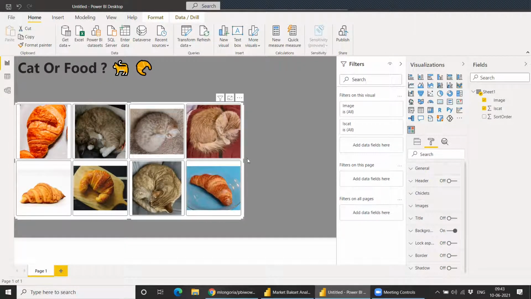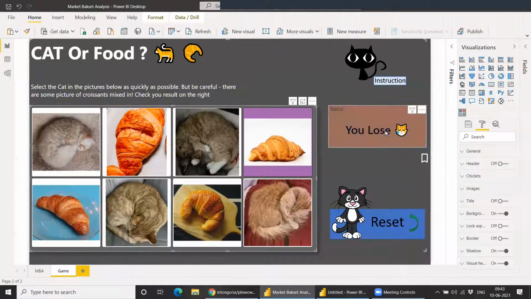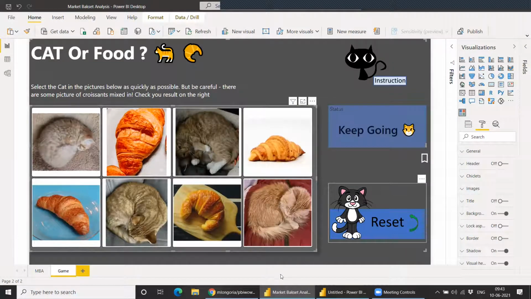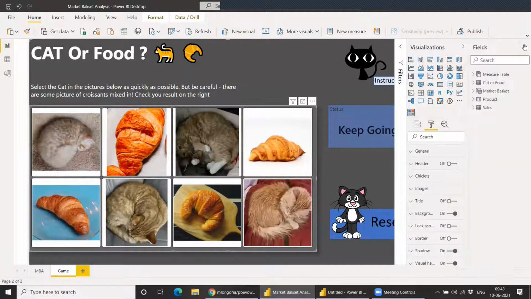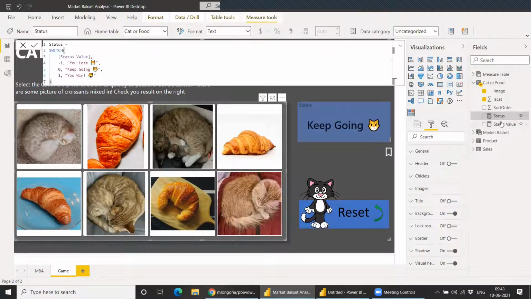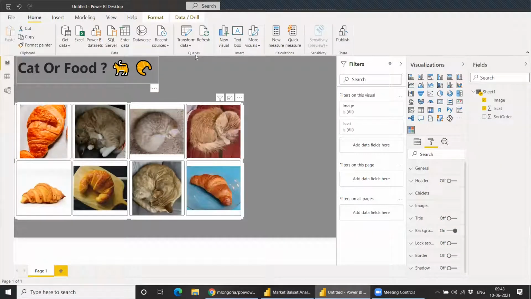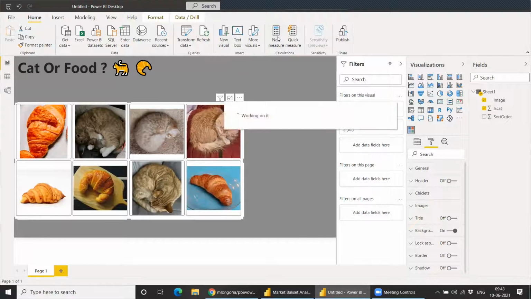Okay. So now what we need is the status. So whenever you select anything, we need the status to change. So for that, we create two measures. The first measure would be the status value. So let me explain what this does. You click on new measure.